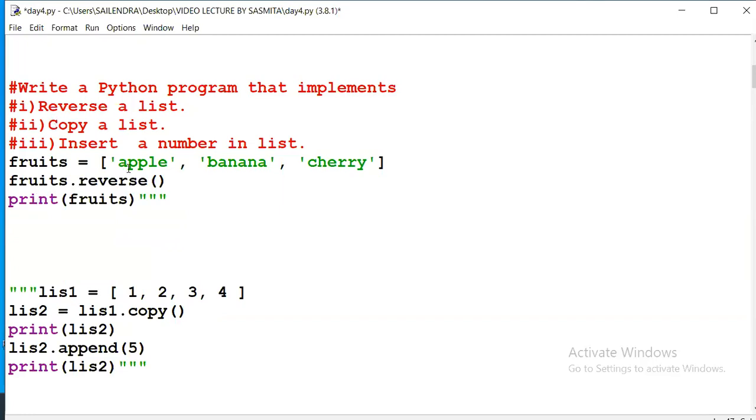Reverse of the list: apple, banana, cherry. So it will reverse, meaning the cherry will come to this side and the apple will come to the opposite side. The syntax is fruits dot reverse. Only reverse. Fruits dot reverse.